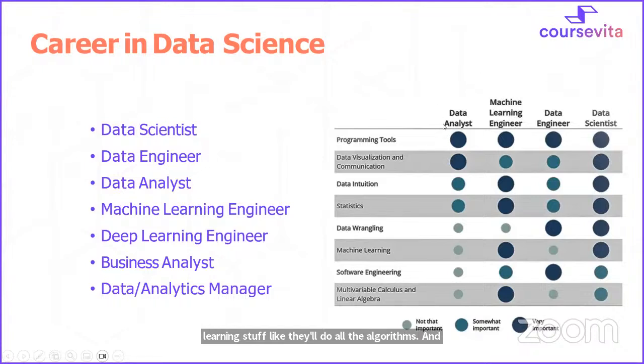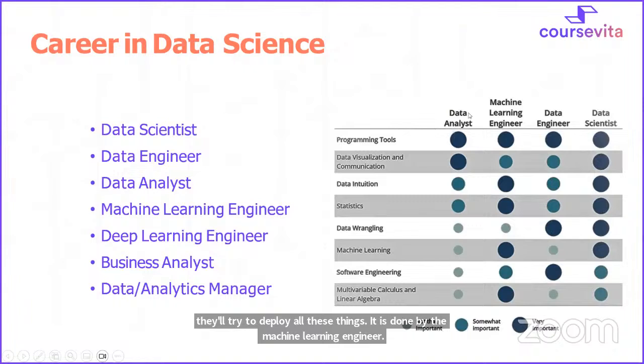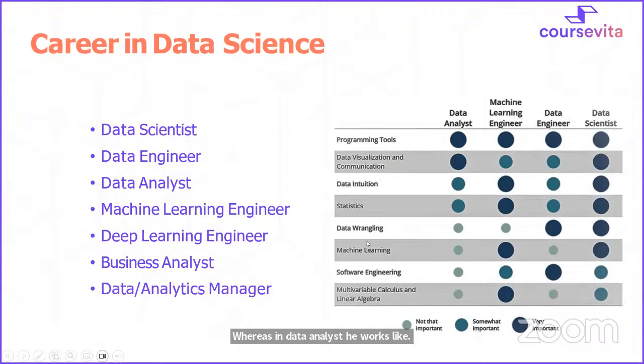Whereas a data analyst works like a data scientist; they should understand the complete coding part, complete data visualization, stats, and everything. Whereas for a data analyst, if you get a minimum knowledge, if you have good knowledge in programming as well as visualization and statistics, which is nothing but the maths, machine learning, then you can be a data analyst.